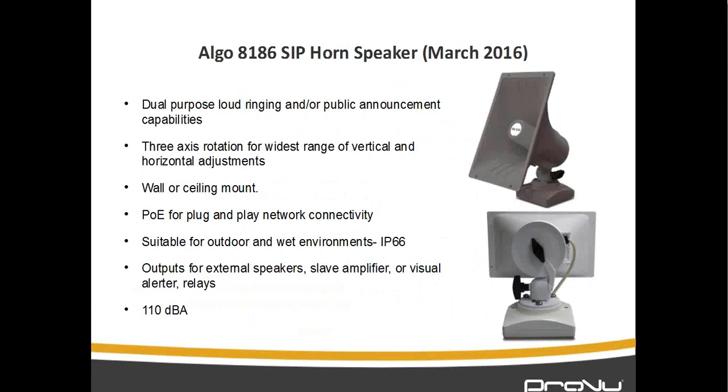Now, this is another new product coming along in March. We have a sample and it works quite nicely. As you can see, the first one we had to use Algo 8180 with a paging horn. And sometimes it doesn't work well because you're having to buy two different products and you have to run a cable across, and sometimes it could be a bit more daunting task because if you're installing an Algo inside, you then have to run a cable outside. It's a daunting task. So what they have come up with is the 8186 paging horn.